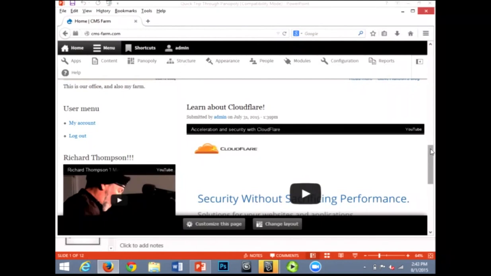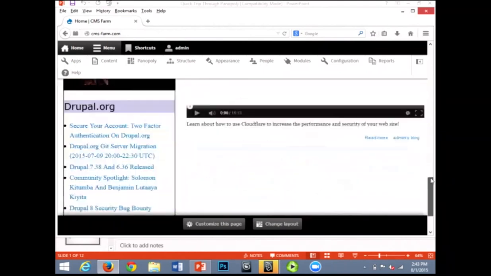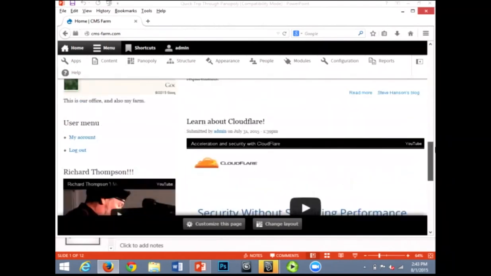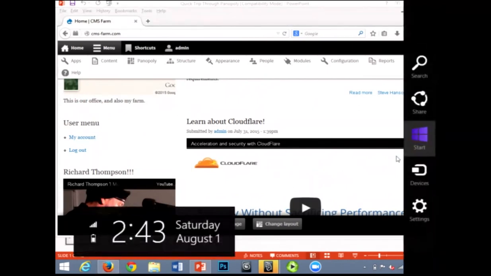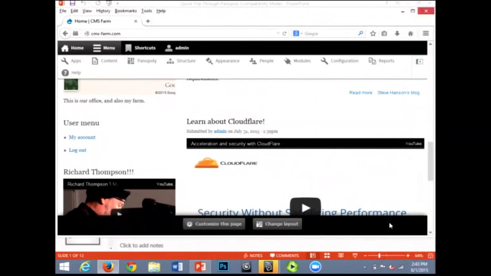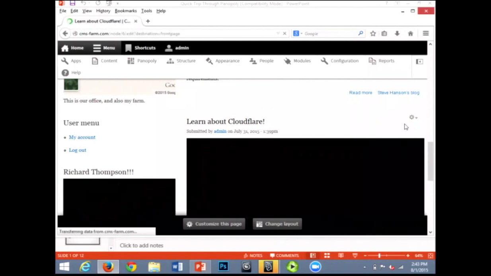So you not only have a Panelizer, this is all Panelizer, you not only have a Panelizer view for a content type or an individual landing page, but you also have them for individual pages. So here we got a blog. We got a blog entry. This is teaching you about why you want Cloudflare. So if we went in and edited that,